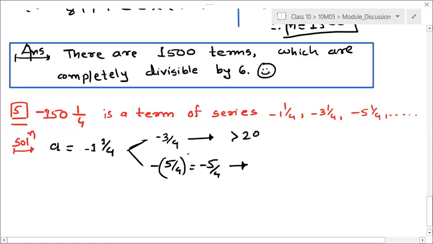Now raise hand for minus 5 by 4. Tell me. Just put your hands down, students. Put your hands down. Thank you. Now just raise your hand for minus 5 by 4. How many of you are with minus 5 by 4?